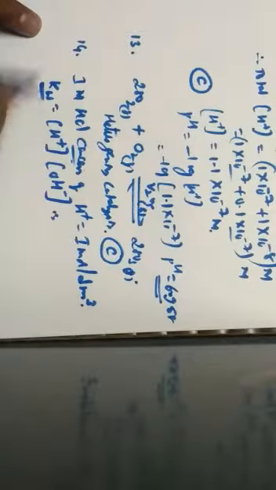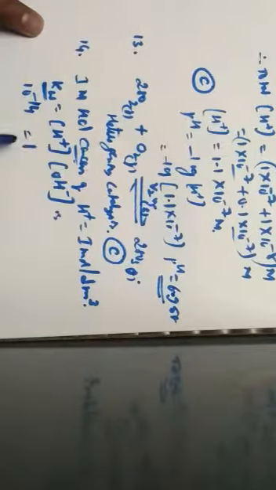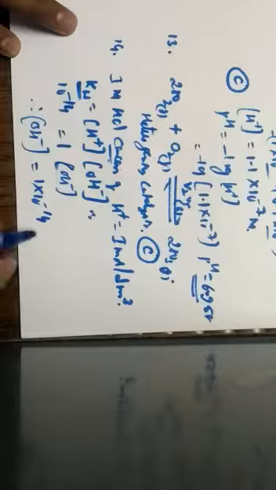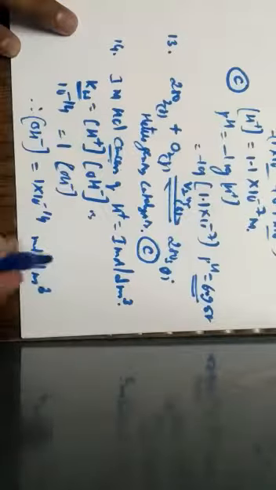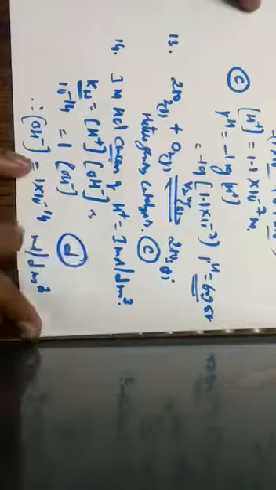We know that this ionic product of water has the value of 10 to the power of minus 14, which is equal to the concentration of H+ ion, which is 1, times the concentration of OH- ion, which we have to identify. Therefore, the concentration of OH- ion is equal to 1 into 10 to the power of minus 14 mole per dm cube, which is given by option D. So, let us further continue with question number 15.